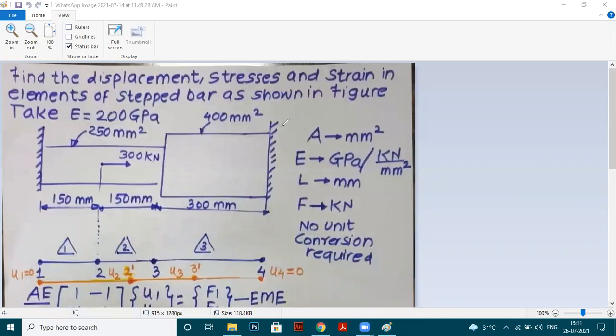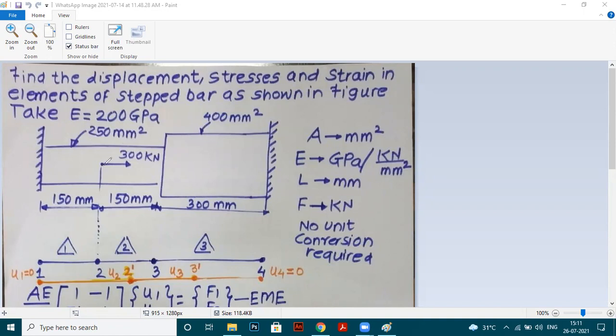Now see what is required in FEA, whether you solve it manually or by using ANSYS. What is basically expected is that you should form the elements and then the nodes. Based on the criterion of change in cross section, this total length of 250 mm square is one cross section, and 400 mm square is another cross section. So as a result, I will get only two elements.